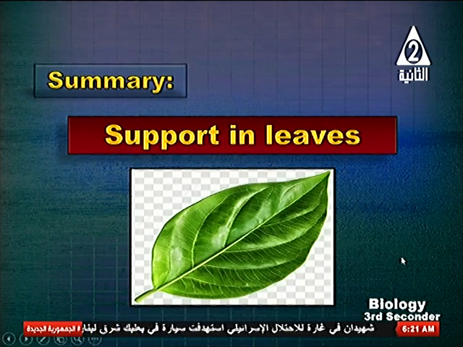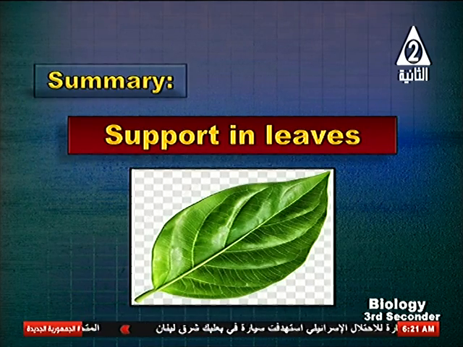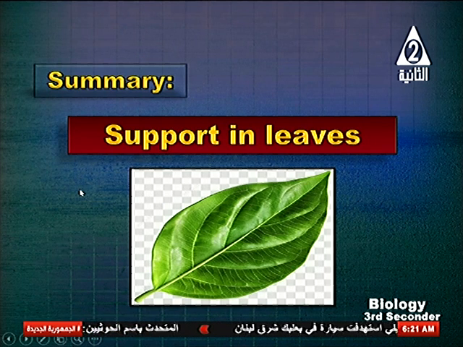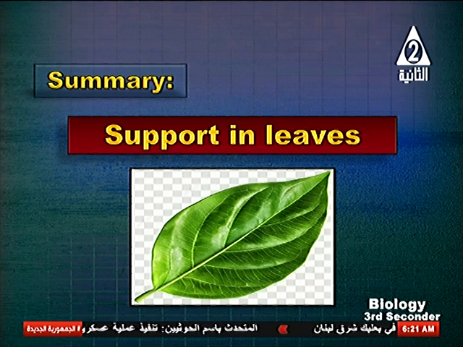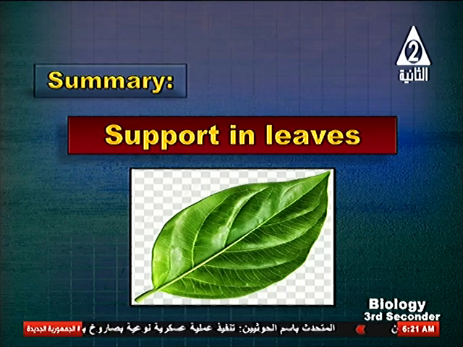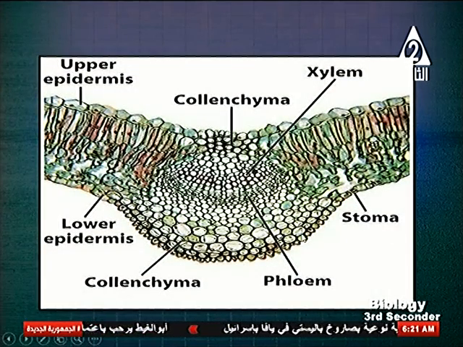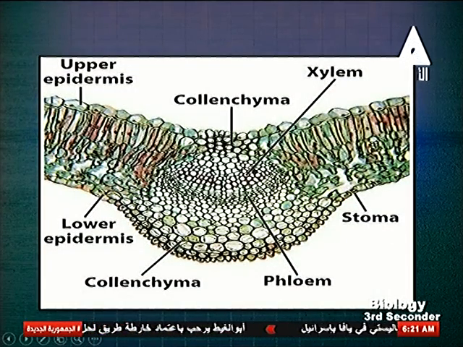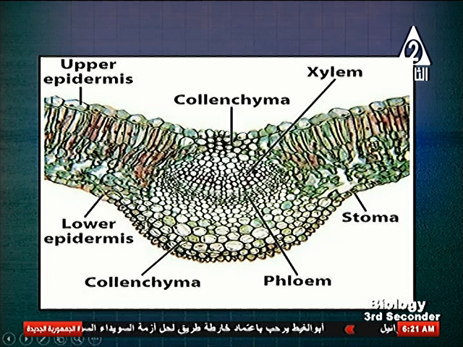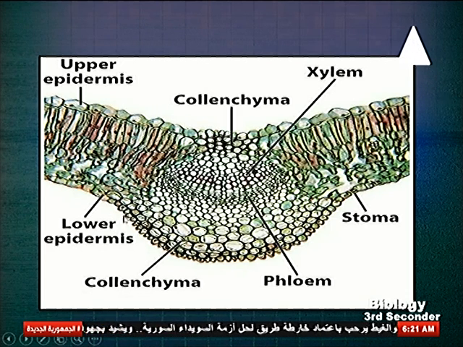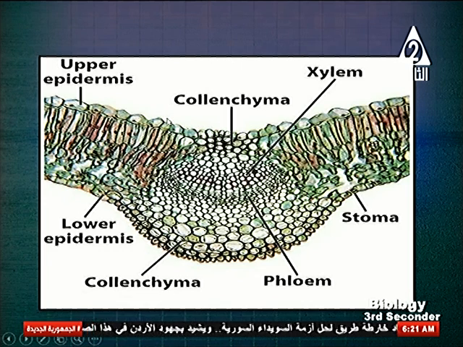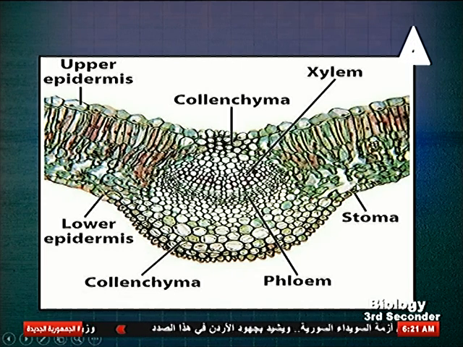Summary. Let's summarize what I have explained. Support in plants is present in 3 organs of the plant: leaves, root, and stem. This is the transverse section in the leaf. Let's see the support in the plant. The upper and lower epidermis are covered with cutin to protect the leaf, except at the regions of stomata. Okay,